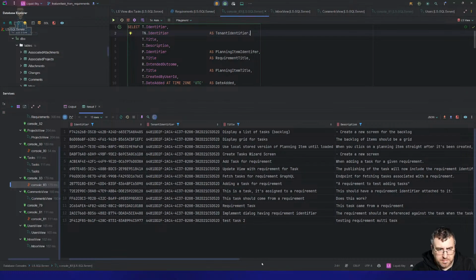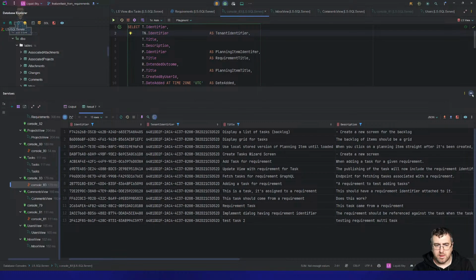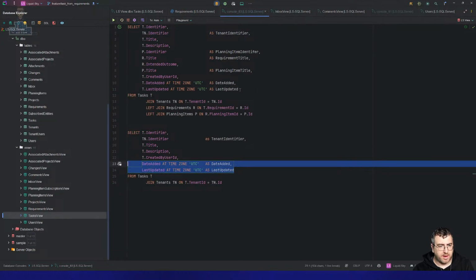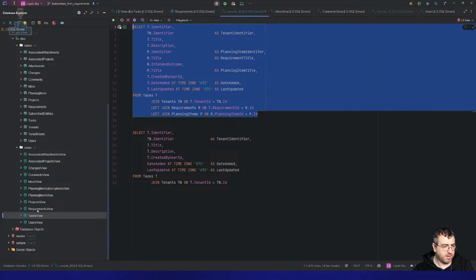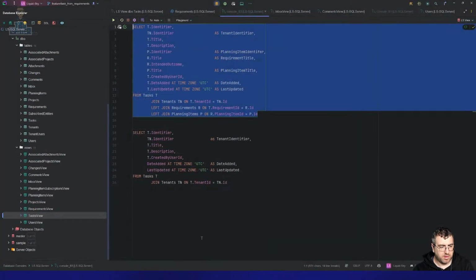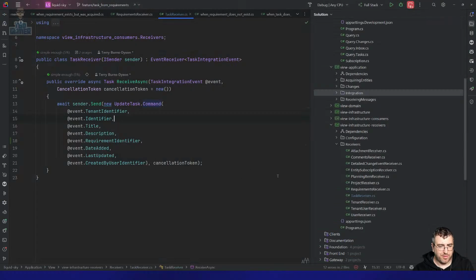There we go. Okay. I think that is our view. So we have date added, date last updated, created by user ID, description, and title. So we won't break what's there. Modify view. That's everything there. Let's go and add it to our